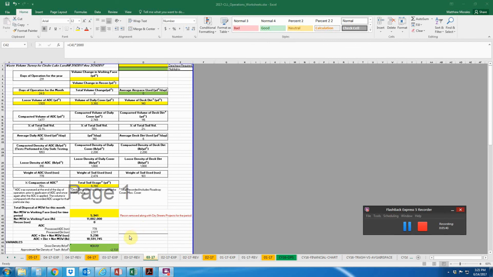Okay, so the last comment I want to make is right here. This number right here is 9,296. ADC, dirt, and the net MSW. That is the important number to really look at when we're putting data into Carlson Command, which once again is the next mothership with all of the GPS data that we're going to use to do spatial control or volume calculations. So that ends this step in the